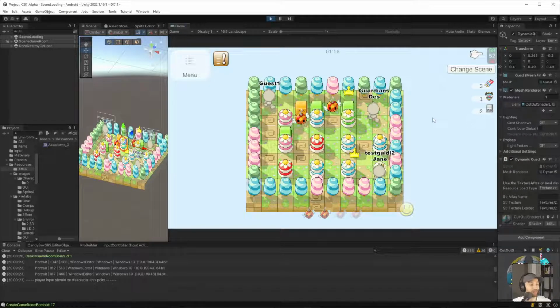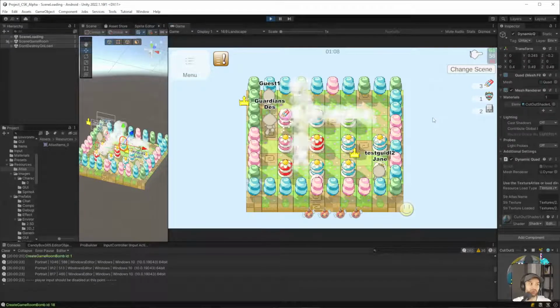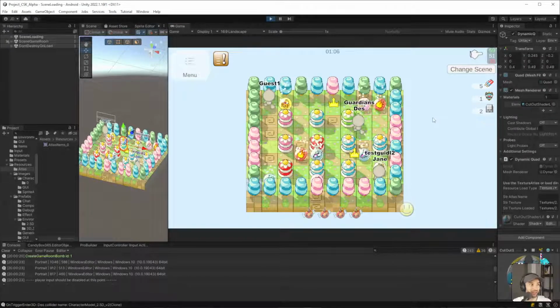I like these trees much better than the temporary placeholder mushrooms that we were using before. Don't get me wrong, I like those mushrooms, but they weren't meant for this. These are meant for this. So they look great, I think. I might even post a picture of it in Discord.